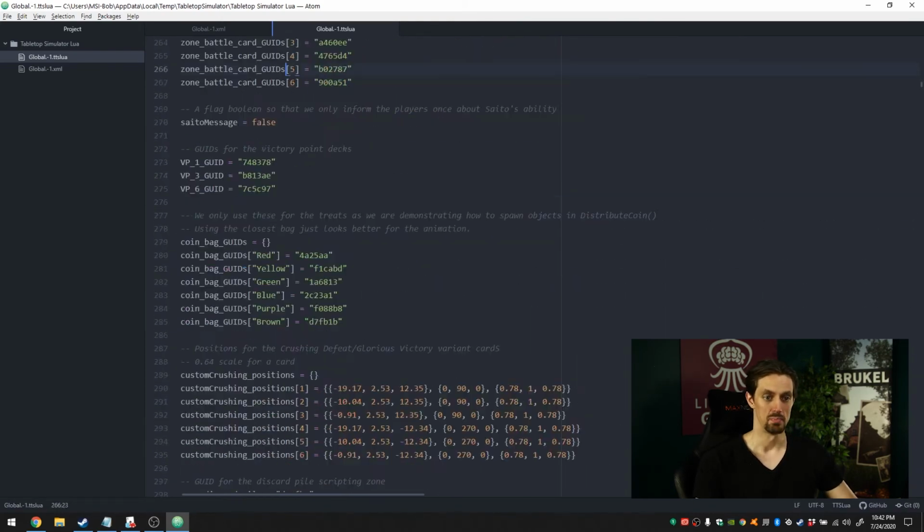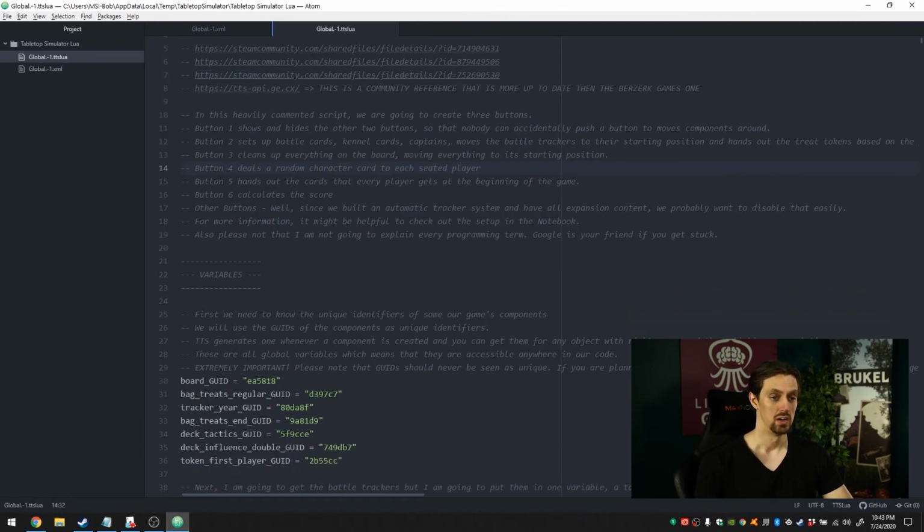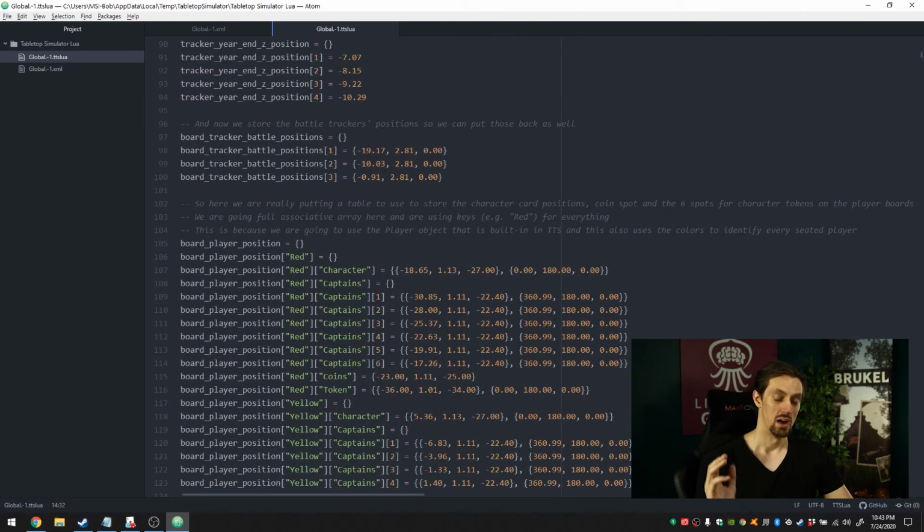But I did anticipate that this would be a great way to teach somebody Tabletop Simulator, so I wrote a ton of comments in here. This is pretty much a full tutorial on Tabletop Simulator that you can just read through on how I put everything together and why I made certain choices left and right. I wrote this as I was learning Tabletop Simulator coding myself, so it's not perfect, but it will teach you